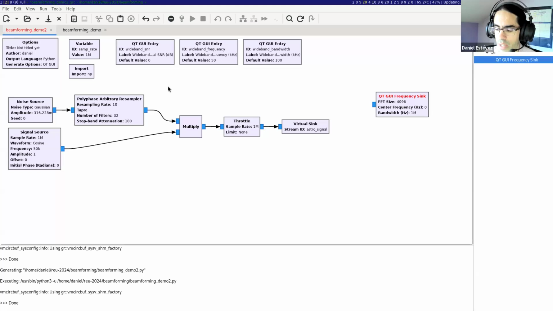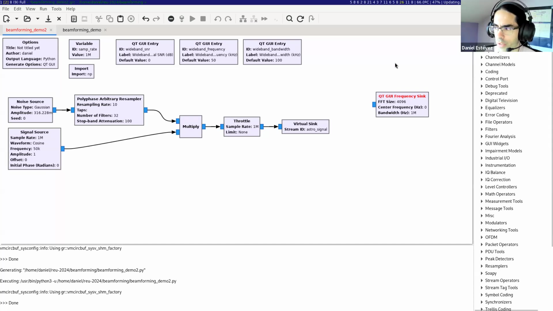By its own, I mean that the noise from antenna 1 is uncorrelated with the noise from antenna 2. And that will become important when we try to do beamforming or interferometry. So I could use a noise source as we have done in the past to add the noise to the signal. But since I also want to do more things, such as changing the frequency of the signal,